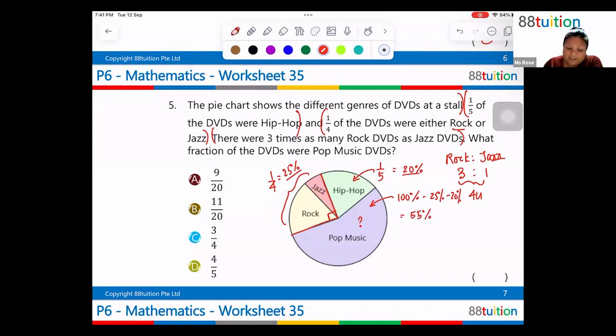So what fraction of the DVDs were pop music? So the fraction of DVDs that were pop music is 55 over 100, to give me 11/20. Okay, so it is 11/20. All right, now,